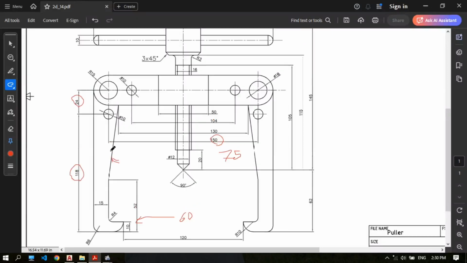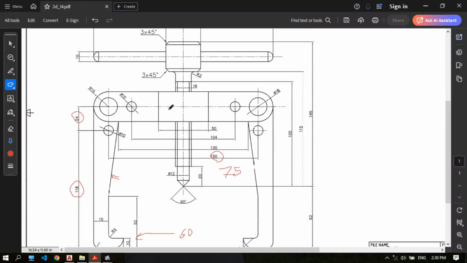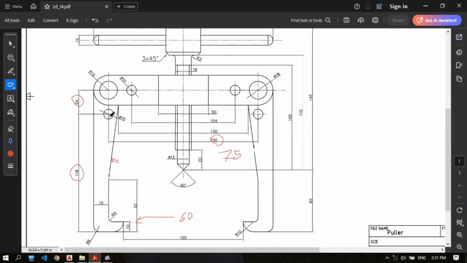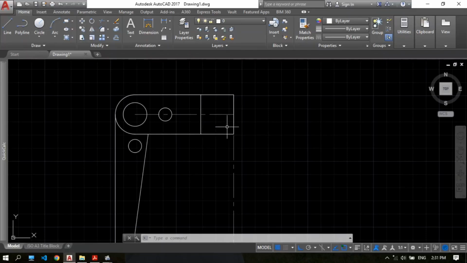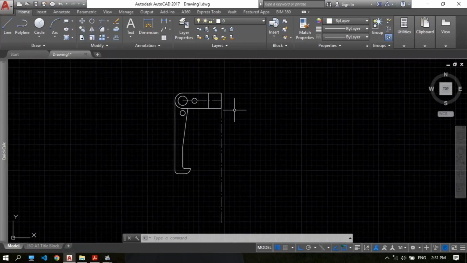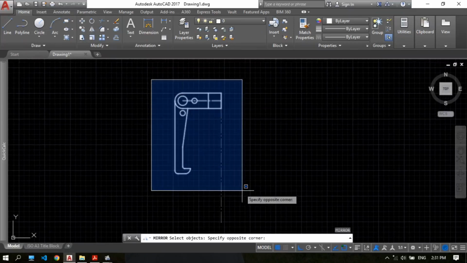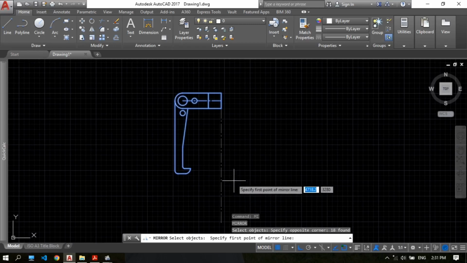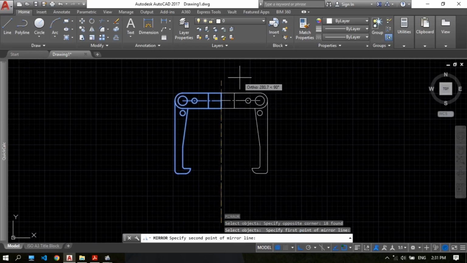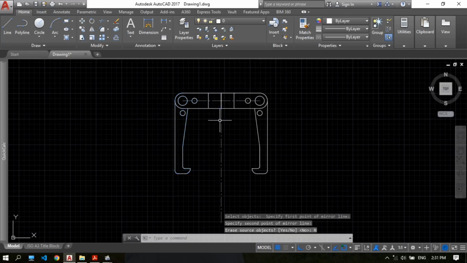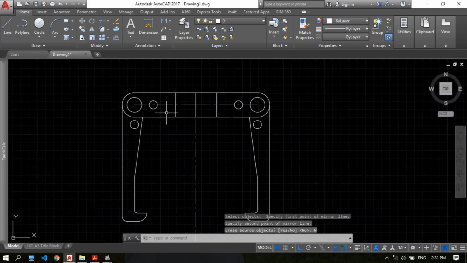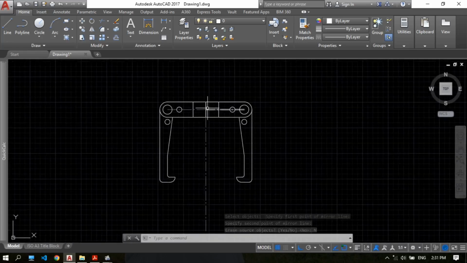Okay, now we need to complete the head of the drawing. So use the mirror, MI for the mirror, enter, select the whole object, and then specify first point of the mirror line, click here, and then for erase source object choose no, so you can easily mirror the two sides. Okay,